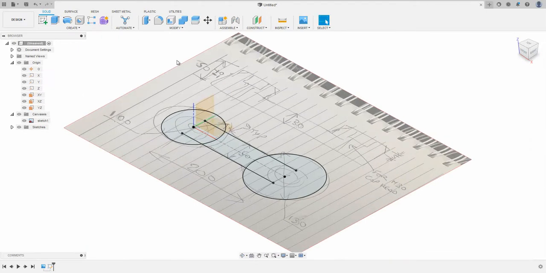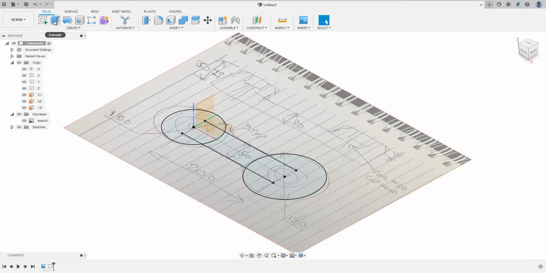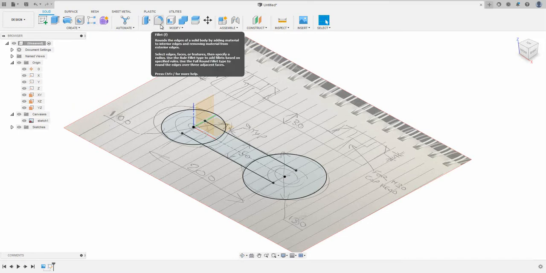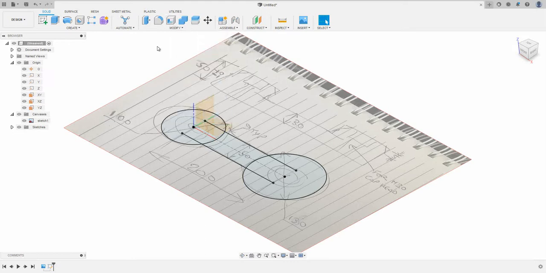Now that we're out of the sketch, we're back to the tools that we saw at the beginning, where we had the option of creating a sketch, but you'll also notice in Create you've got things like Extrude, Revolve, Hole, Pattern, and then Modify, which is things like Fillet, Chamfer, Shell, which hollows out the solid model. What we want to do is extrude these upwards, so we use the Extrude command,